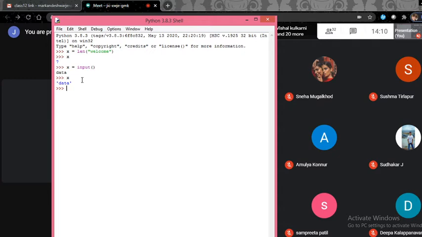One such example which doesn't return any value, which we already used, is the print function. Look into this now.